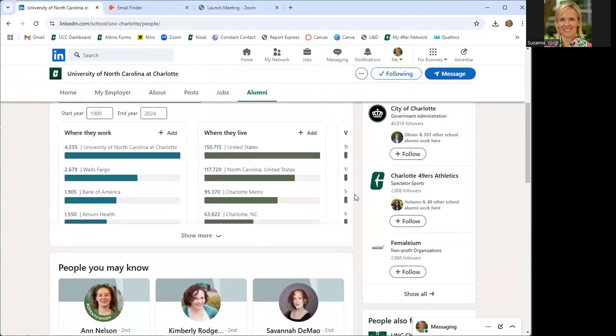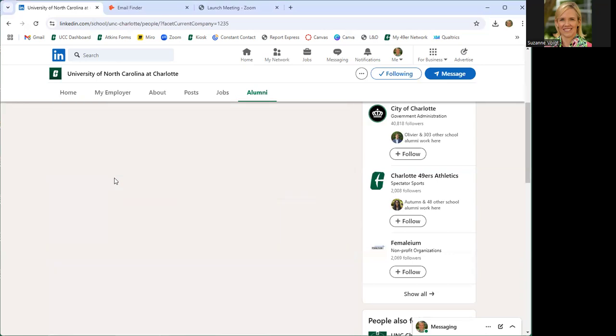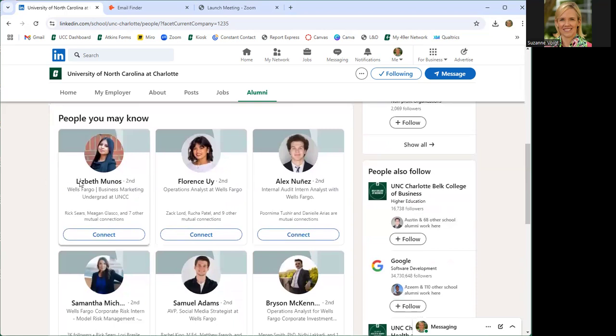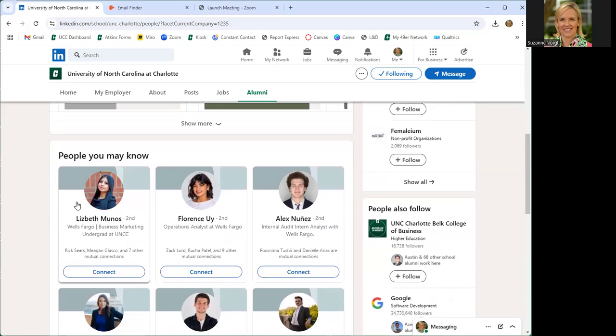So I want to go back into our alumni database. I'm going to click on Wells Fargo because this is a really big company, and I'm going to choose someone at random. So I'm just going to choose this very first person. If I were to go to wellsfargo.com and put in Lisbeth Munoz's name, there is no way her name is going to pop up in some random search. Wells Fargo has thousands and thousands of people nationwide,